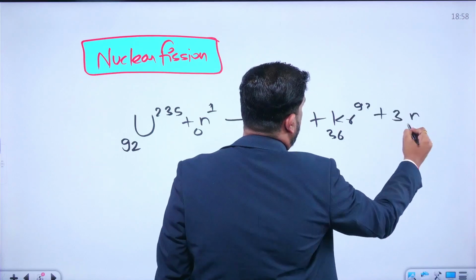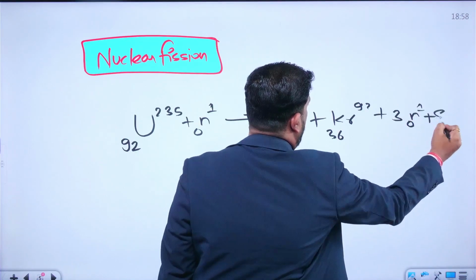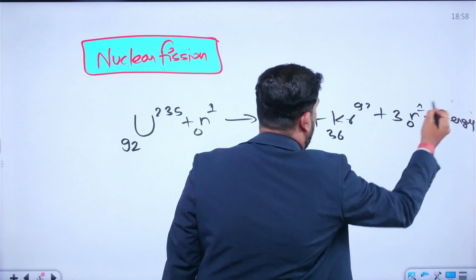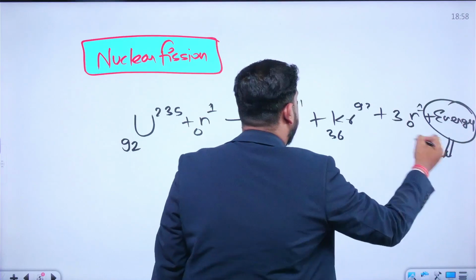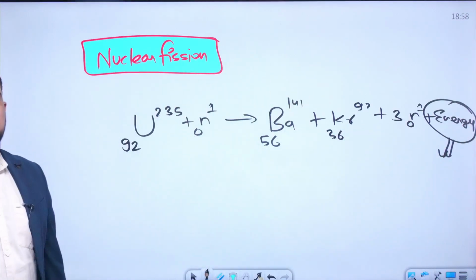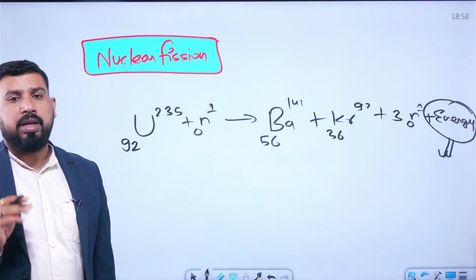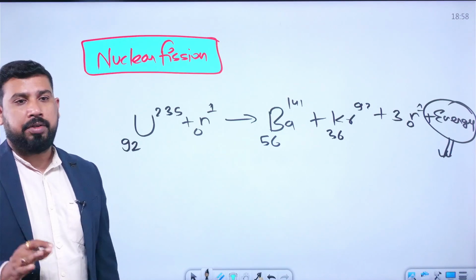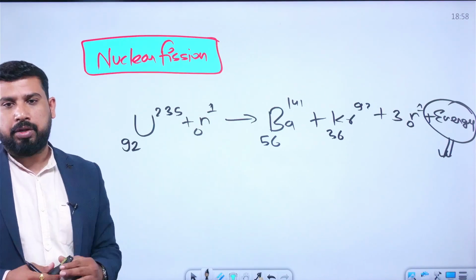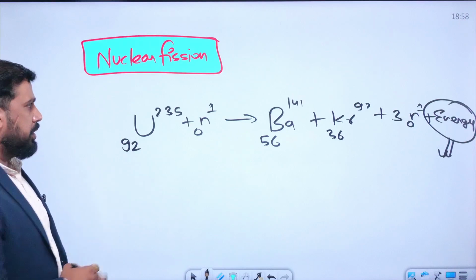Along with three neutrons, a lot of energy will be released, and this energy is capitalized into multiple things. That's what we are dealing with here. Right now, 10% of global electricity is produced from this kind of reaction, in which we can take any kind of material